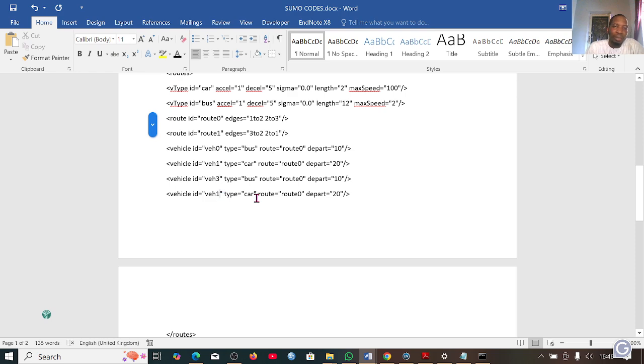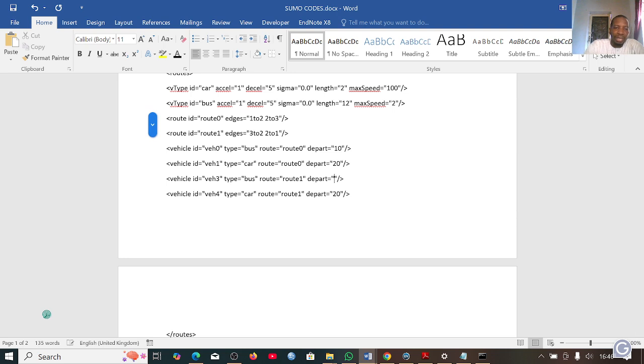So I will now change this to vehicle number 4. So also the route. The first two we said they were going to follow route 2. So here let me just say they were going to follow route 1. So this one also is going to follow route 1. So here, if you want, you can change the time that you want the vehicle to appear